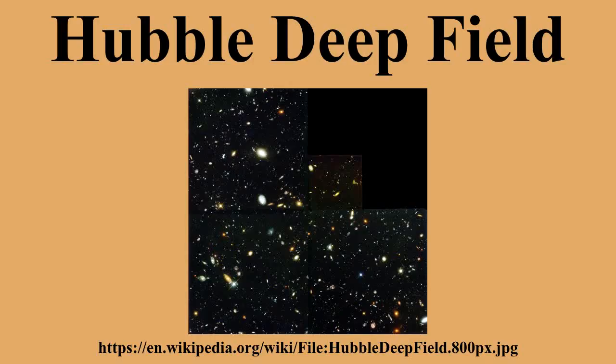The image was assembled from 342 separate exposures taken with the Space Telescope's Wide Field and Planetary Camera 2 over 10 consecutive days, between December 18 and December 28, 1995. The field is so small that only a few foreground stars in the Milky Way lie within it. Thus, almost all of the 3,000 objects in the image are galaxies, some of which are among the youngest and